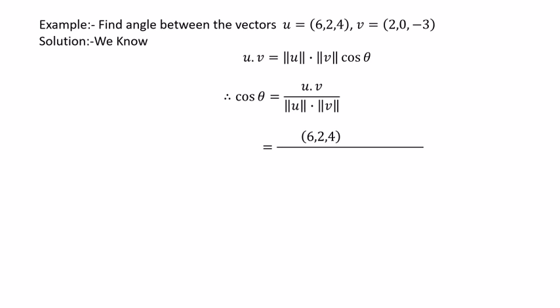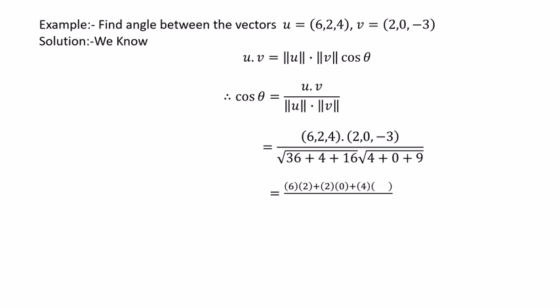u is (6, 2, 4) and v is (2, 0, -3), divided by the square root of 36 plus 4 plus 16, times the square root of 4 plus 0 plus 9. Finding the dot product in the numerator, we get 6 into 2 plus 2 into 0 plus 4 into minus 3, divided by root of 56 into root of 13, that is 0 upon root 56 into root 13,